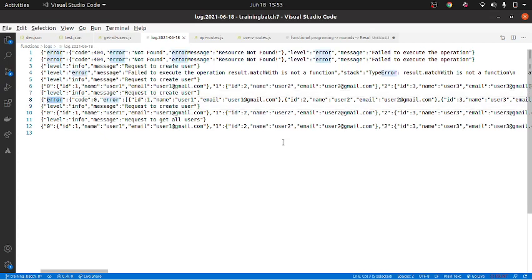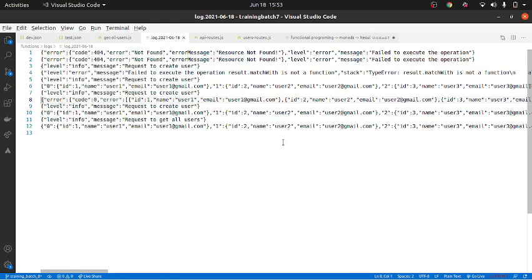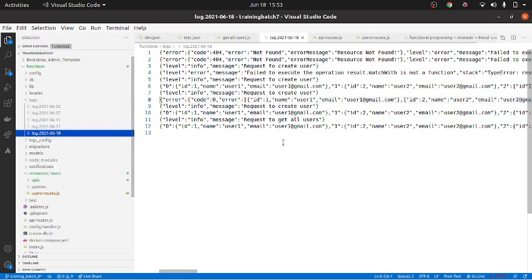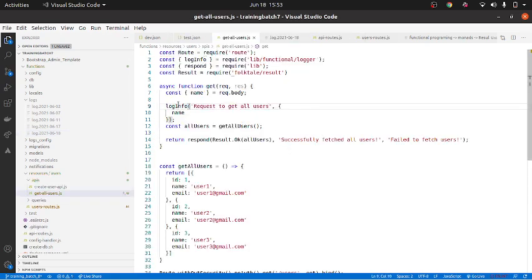If you look at this, there is one error message over here, right? Failed to execute this, and there was an error message. So we will look at how to look at the error message a little later. But the important part right now is there is something called a log file. You can look at your logs in this file. Whatever you log using this method will get logged into that file. Even if there is an error or exception, that also will get logged to that file. How does it get logged? We will talk about it later. Okay.